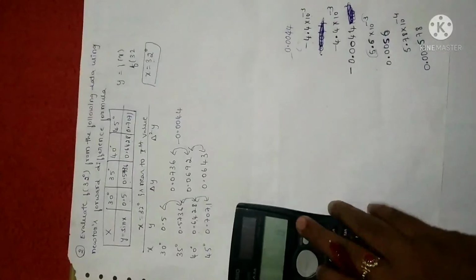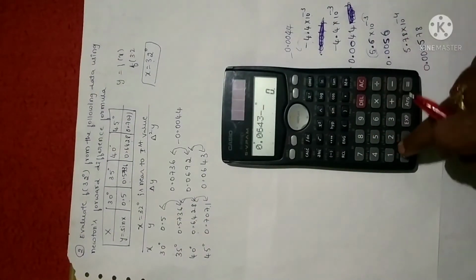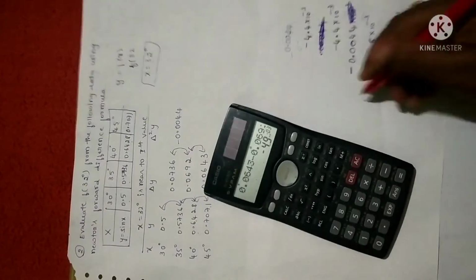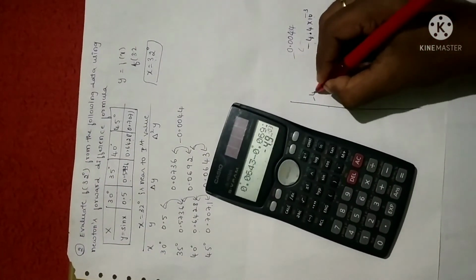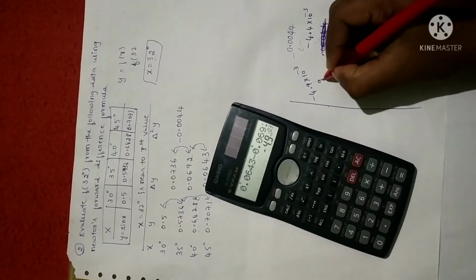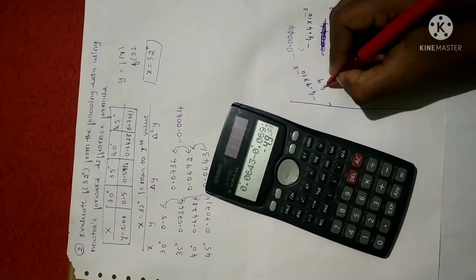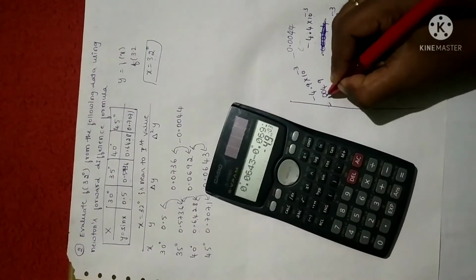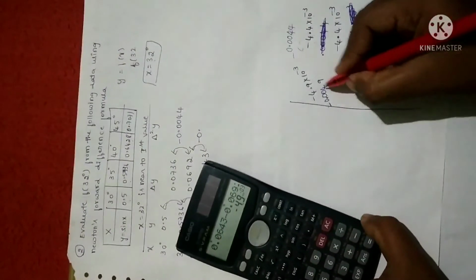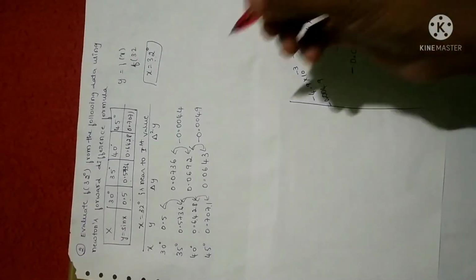I'll show you this once again. See here: 0.0643 minus 0.0692. So what you have? I'll just write here: minus 4.9 into 10 power of minus 3. So you just write 9 as it is and 4 as it is. Fine. So 4, you have to count 1, 2, 3. Put a point, 0. So you will get minus 0.0049.